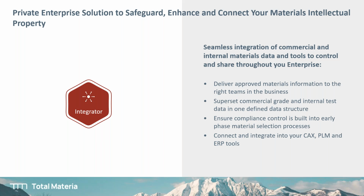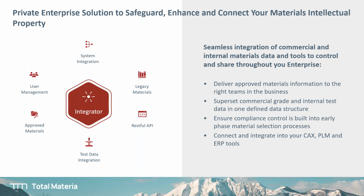Then you don't need to repeat these test processes. You'll be able to create your own internal material system integration that is provided with PLM, ERP connections and legacy systems of materials. All information will be securely in your server or in the cloud. RESTful API and test data integration will be able to export this test information to the related material inside your material management system. And approved materials user management will give you the ability to see globally approved materials from all